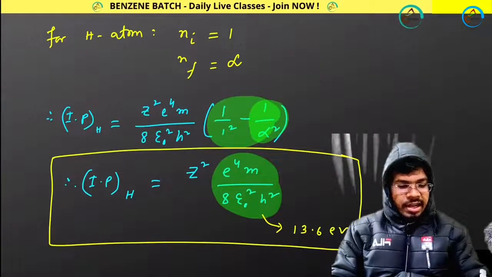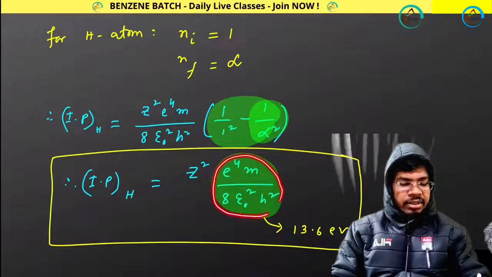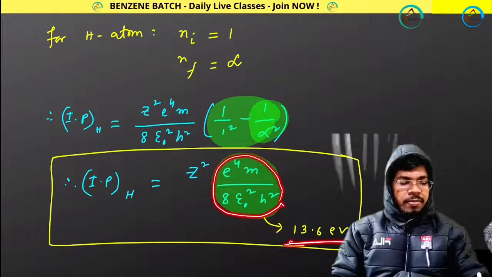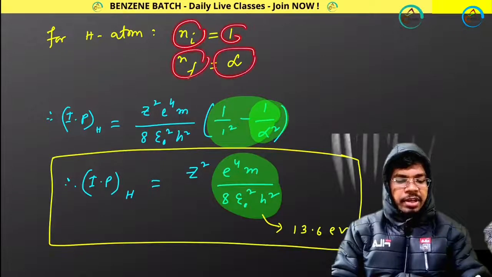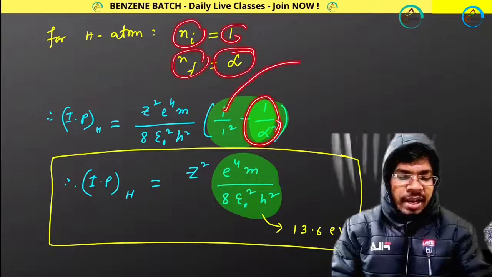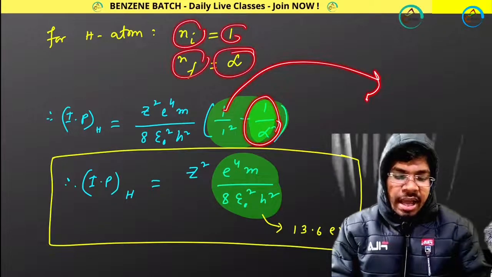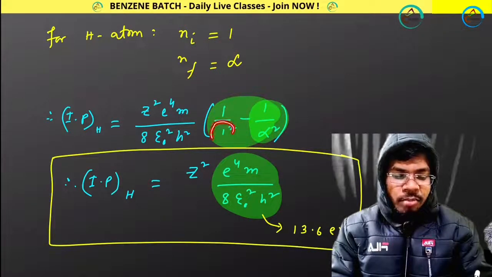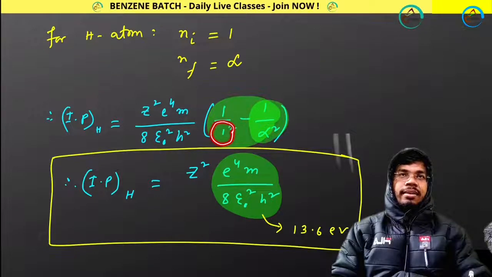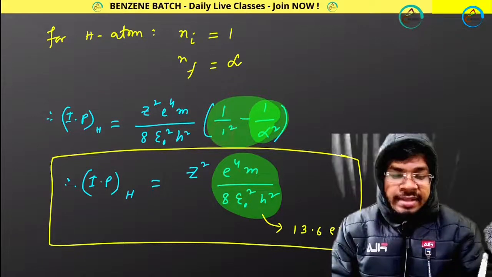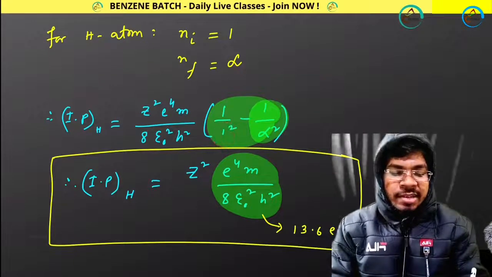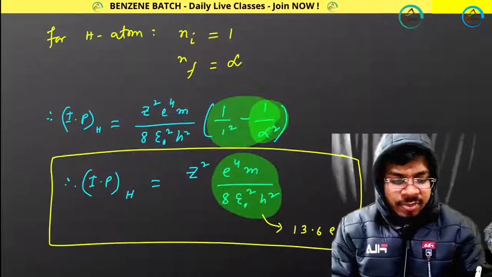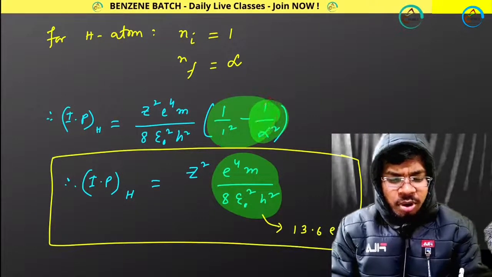So this is the general formula, and you know that this is nothing but 13.6 electron volt. And here I have already put the Ni value equal to 1, Nf value infinity, because Nf will always be infinity, because you have to send your electron to infinity to get your ionization energy. And you are sending from n equals 1, because it is a hydrogen-like system, a 1 electron system, so the electron will be only in the first orbit. That's why you are sending from 1. So if you put 1, it becomes 0, and overall you get this value only.